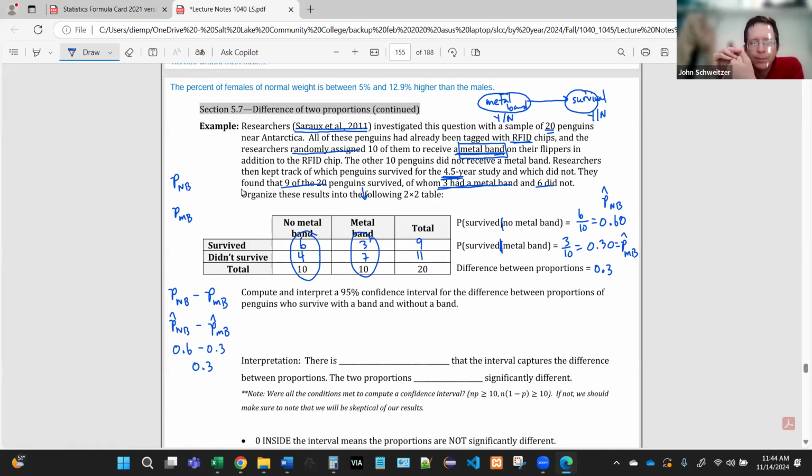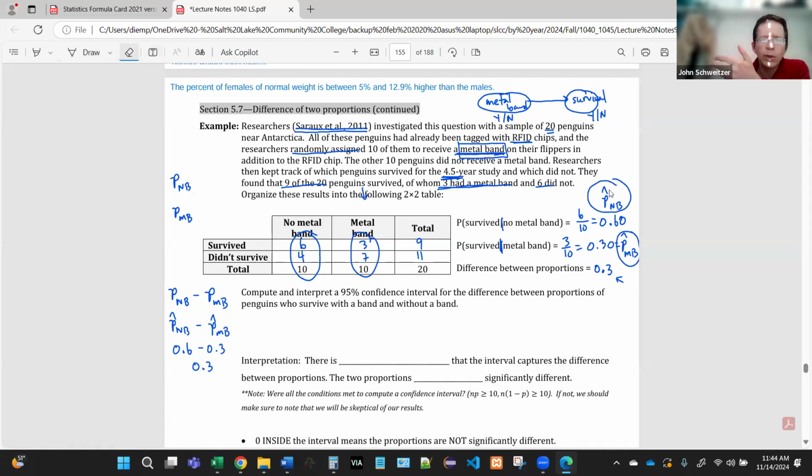Okay, so is that significant? Well, it looks like a big difference, right? But who knows? Maybe if we did this experiment again, we would get a smaller number for this and a larger number for this, right? Just because of sampling error, right? And if that were to happen, then this number would be smaller. And in fact, it might even flip and go negative, right? So we don't know, right? Without a distribution, we don't know if that difference is significant or not.